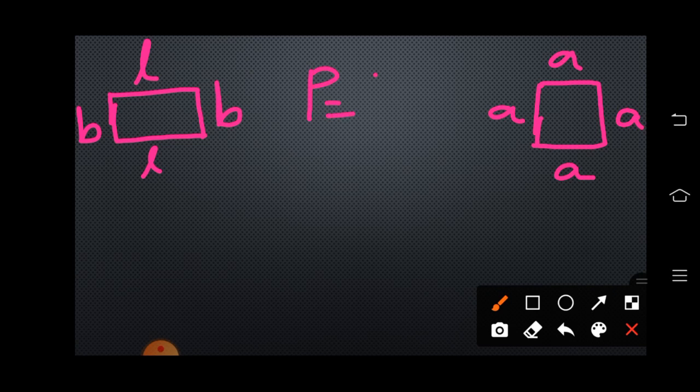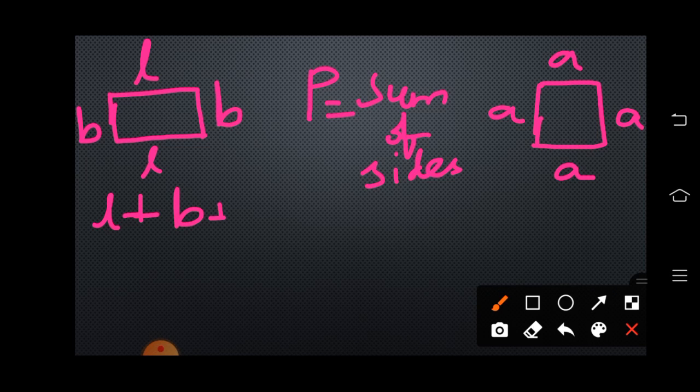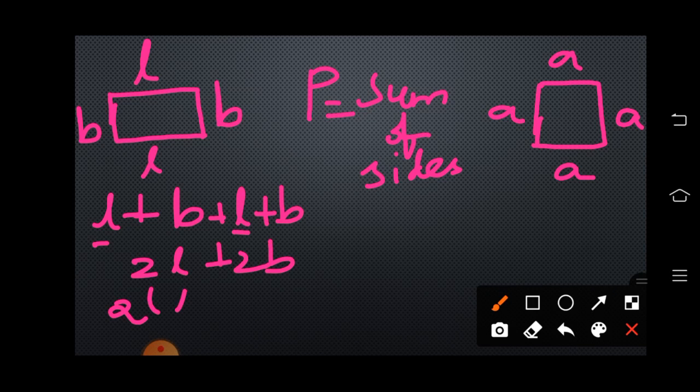Perimeter means nothing but the sum of the sides. You have to add all the sides. 2 L's are there, it is 2L, and 2 B's are there, it is 2B. 2 into L plus B. The perimeter of the rectangle is 2 into L plus B, and the perimeter of a square is